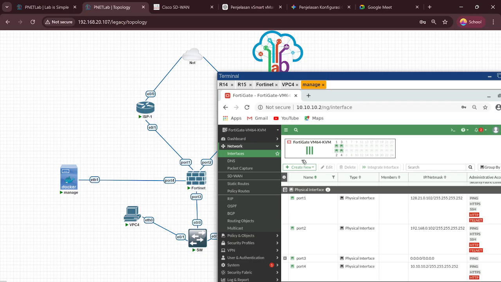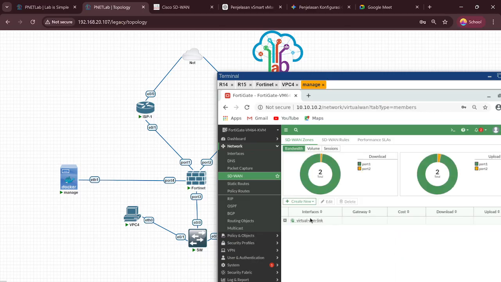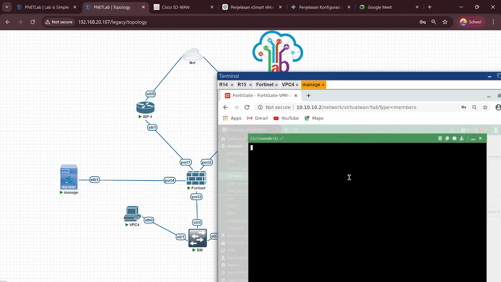This is the configuration. Create new physical interface, create VLAN 10 and 20 for this port, and SD1, the default.